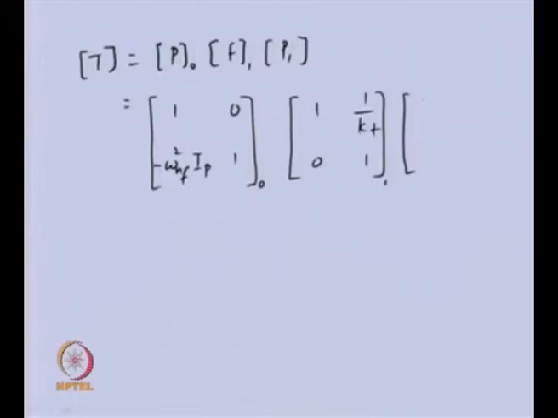Then the point matrix for disk 1, or station 1, is this one. Now we can multiply these. If we multiply these two, the point matrix at station 0 and the field matrix at station 1, we will get